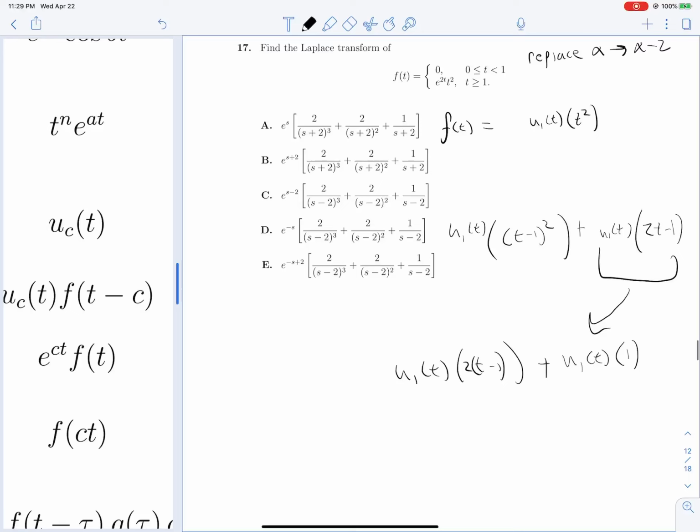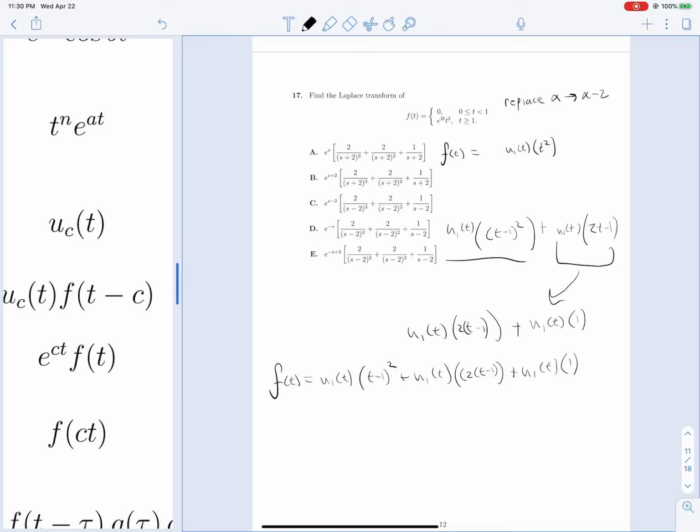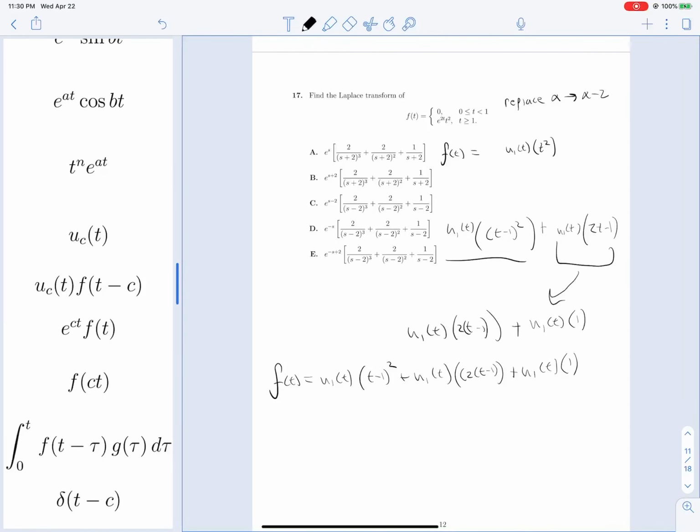Okay, so we've made everybody in this situation happy. We can rewrite f of t as u1 of t times t minus 1 squared, plus u1 of t times 2t minus 1, no squared there, plus u1 of t times 1. Great. Now this is looking scary, and it kind of is, but this is actually a very nice form that we can do a lot of things pretty easily with,